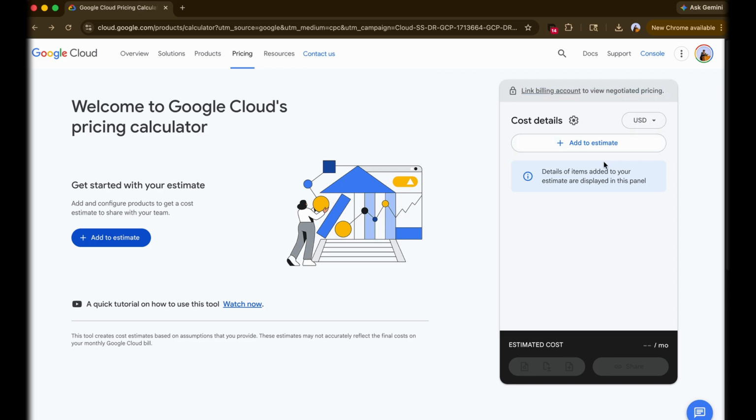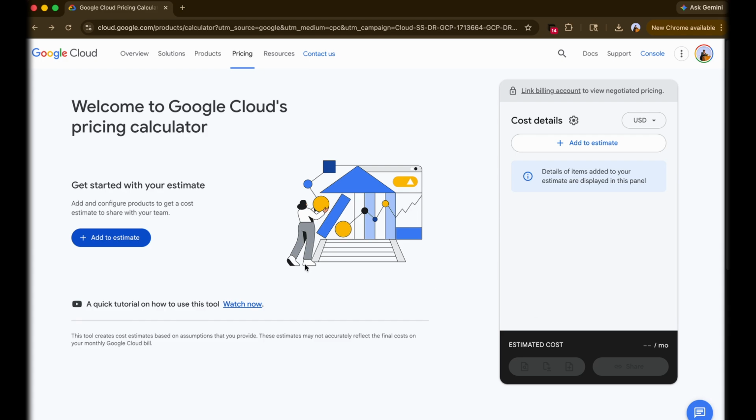Before we start building, I think we should understand the biggest cost drivers in GCP. There are compute pricing models. On demand is the most expensive, but it's fully flexible. You also have spot VMs, sustained use discounts, and committed use discounts. On the other hand, you have storage and networking: storage classes, and data egress to the internet or inter-region